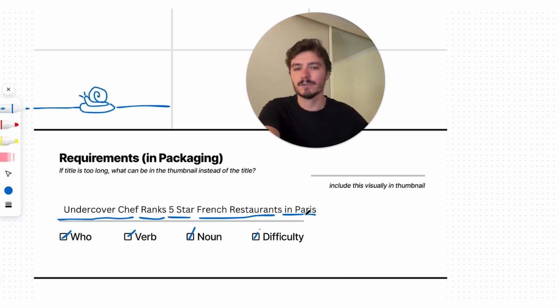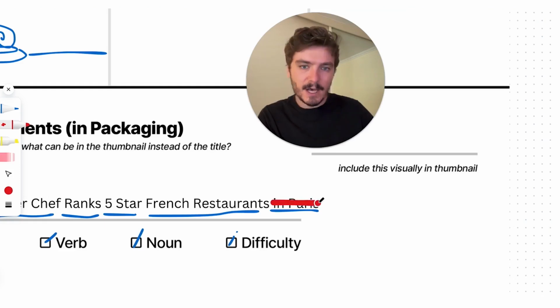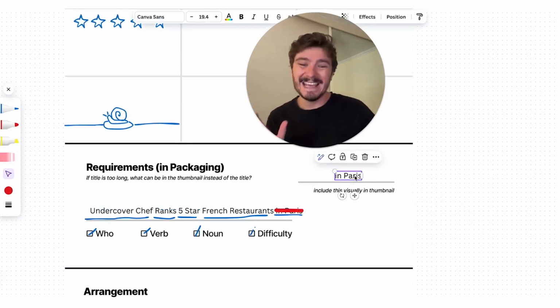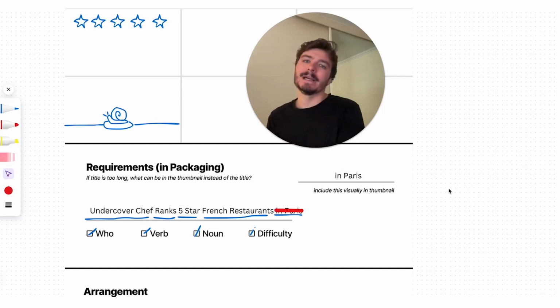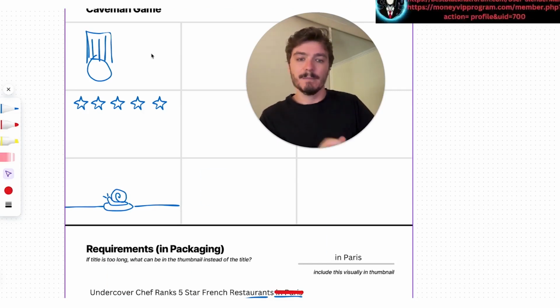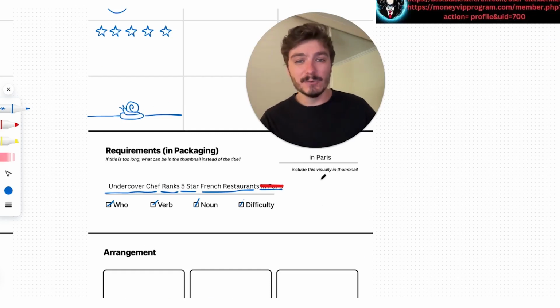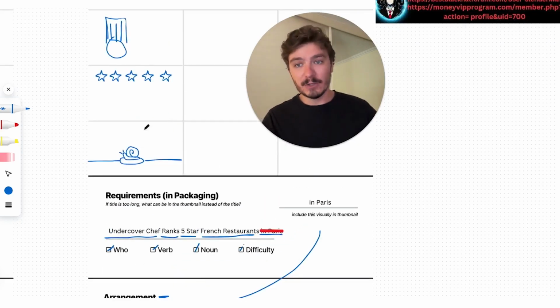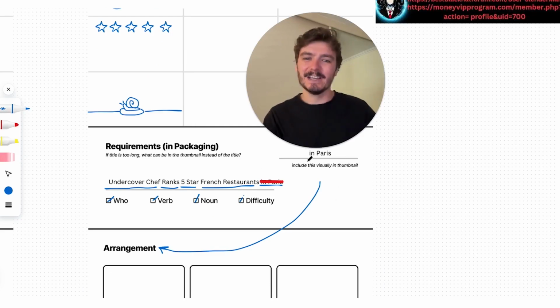I think French restaurants, and I think here what we'll do is cut in Paris. So now it becomes undercover chef ranks 5-star French restaurants, which I quite like. So now we have to make sure that in Paris is being visually explained in the thumbnail. So right now from this caveman game here, it's not obvious that it's in Paris. We can see a snail and we're stereotypically going to think that's a French dish. So this is probably in France, but I want to show visually that it's in Paris, and that is not coming across here. So in the next step, we need to ensure that in Paris is showing up here in the arrangement. When we're arranging all of these items, we need to ensure that this item here is also showing